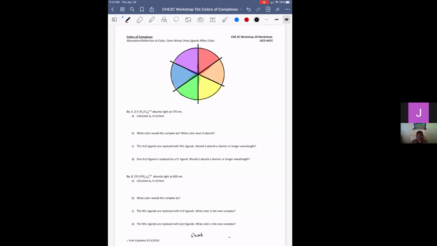So we'll start off with our color wheel, and we have our primary colors present there, right? So we have red, orange, yellow, green, blue, and violet. And each of these primary colors are associated with a specific range of wavelength for light